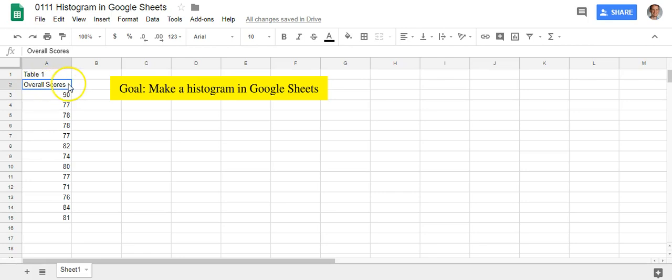So these are overall scores. And then if you're going to use this table in other writing, label the table itself as table 1 or table 2 or something like that. So once you have your data typed in, I'm going to ignore the table label and start with the label